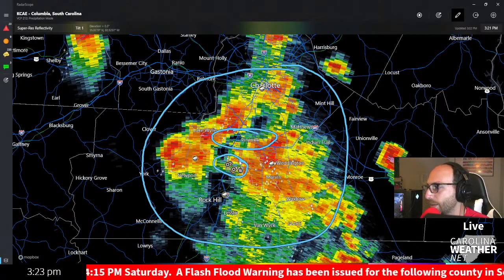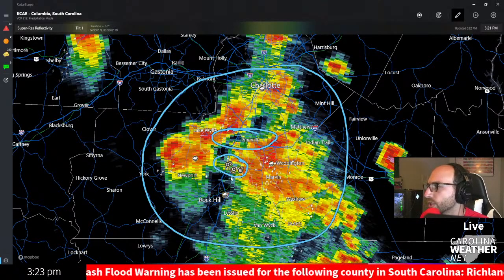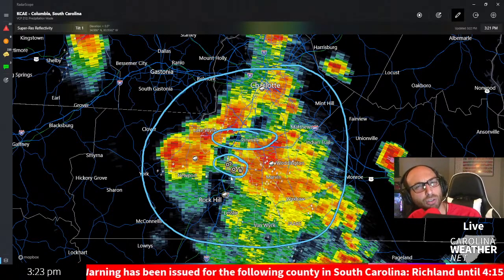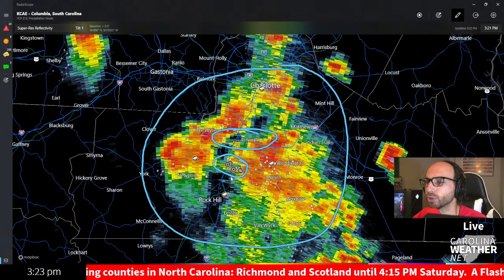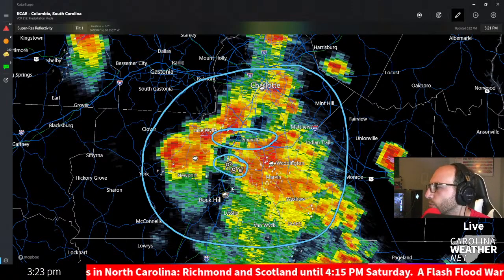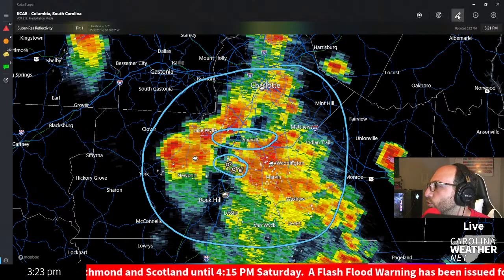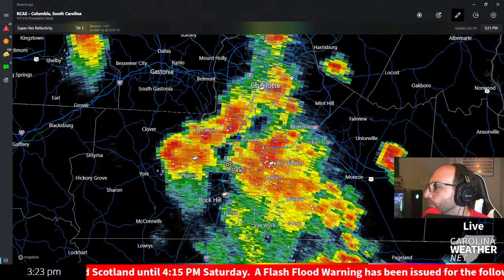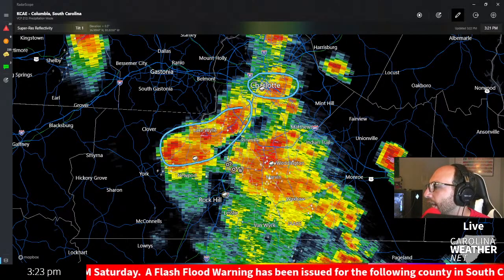We had reports of wind damage in Fort Mill, dime-sized hail. We had reports of tents, vendor tents being blown over. I'm not clear if that was maybe a farmer's market or some sort of craft fair, but the National Weather Service did receive a report of some wind damage in the Fort Mill area as some of these strong thunderstorms were rolling on through. Right now, certainly in uptown Charlotte, again, along the Lake Wylie, South Tryon area, down here